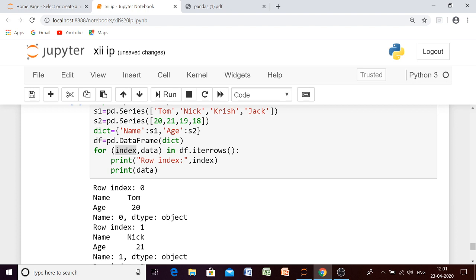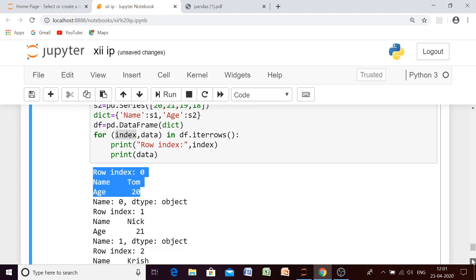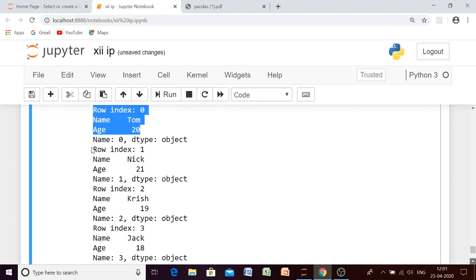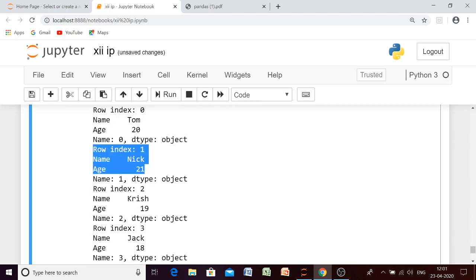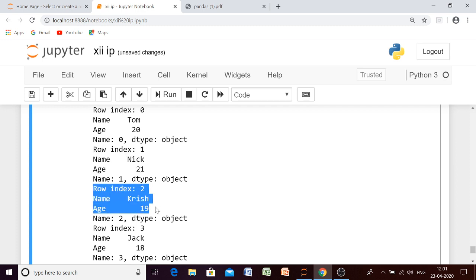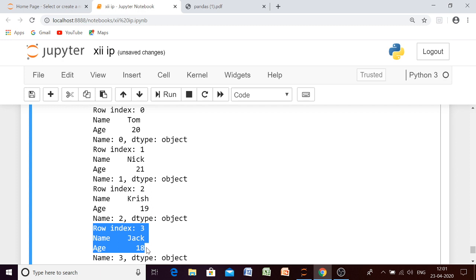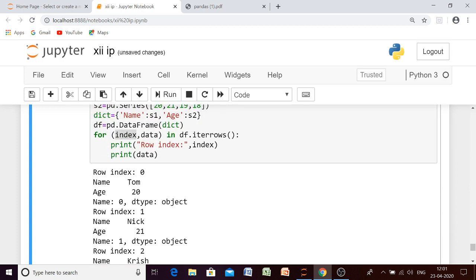Okay, that is over. Then we are having row index 1. Means how we are getting the output? We are getting the output as row wise. First we are getting the first row, then we are getting the second row, and then we are getting the third row, and then we are getting the fourth row. Okay, got it? So since it is based on what bete?